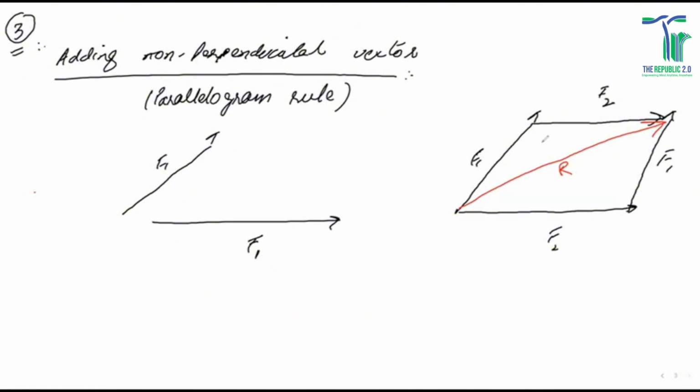Now, the very important thing, how do you get the resultant's magnitude? You have to use a formula, which I'm going to write over here, that the resultant would be equal to F1 square plus F2 square minus 2F1F2